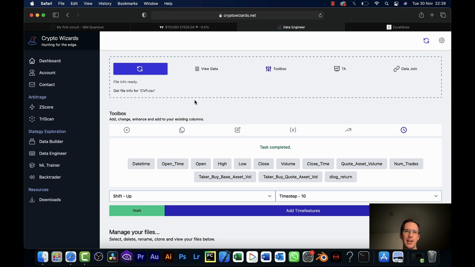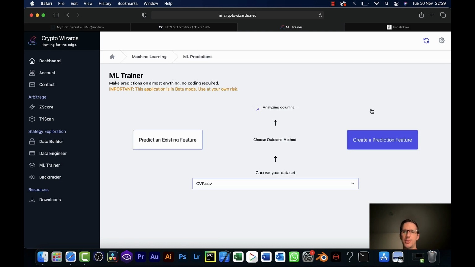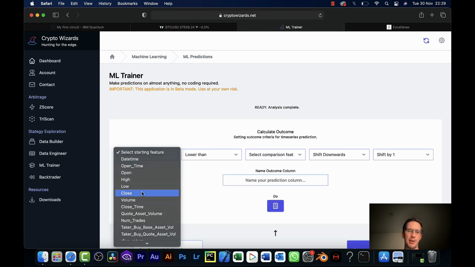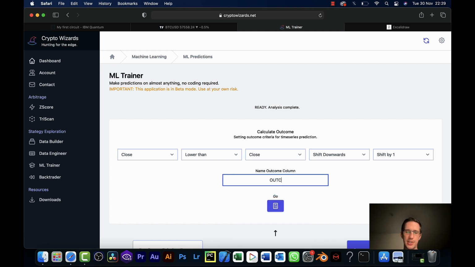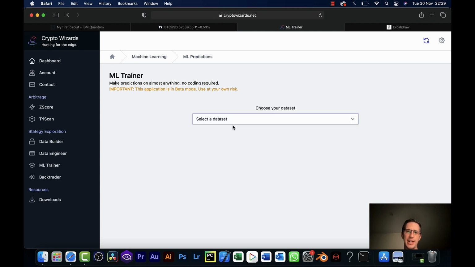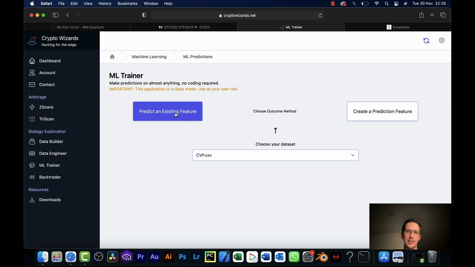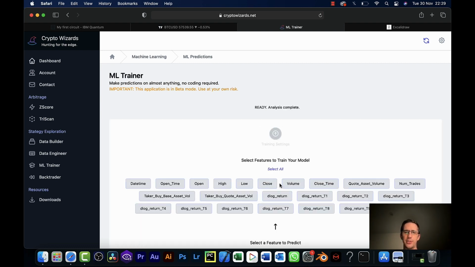And then the last thing I need to do is just go and add in the outcome column. Same thing we did before. If the next hour was up, then show a 1. If the next hour was down, then show a 0. And let's label this as outcome. So when we run that, we should be able to refresh it pretty quickly and now run the machine learning against it. So let's predict that outcome column and train the model to do that.